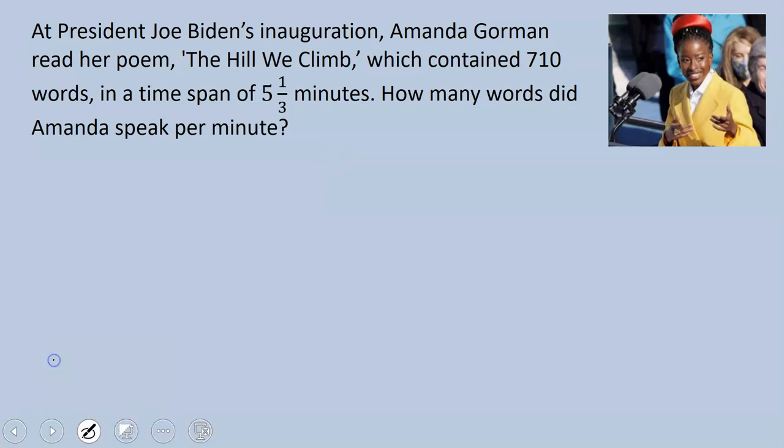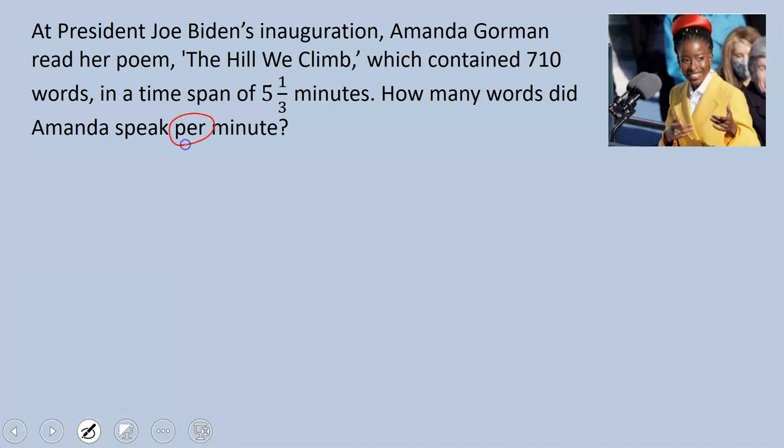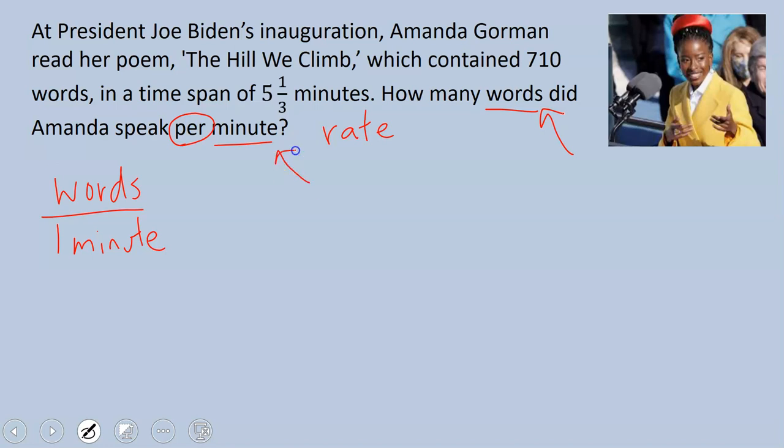When I look at this math problem, I look for a clue word to help me figure out what we're doing, and I see the word per. And the word per shows me that we are talking about a rate. And the rate we're talking about is the amount of words that Amanda speaks per minute. Here, words is plural. There's an S on the end of it, so multiple words. Here, the word minute is singular. So we are talking about